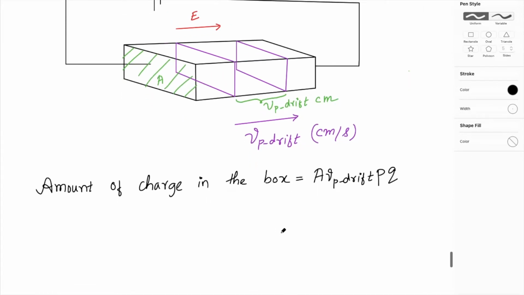Therefore, the current will be again given by the same one. Of course, here in this case this is in centimeter, but when we express this by centimeter per second, right? This will be again current. Okay, so my Ip due to the holes, the current is